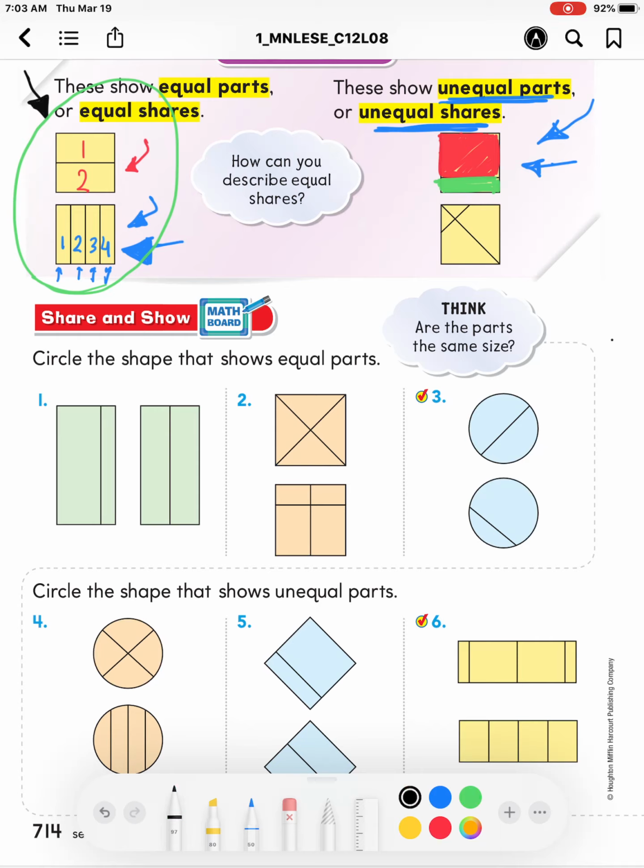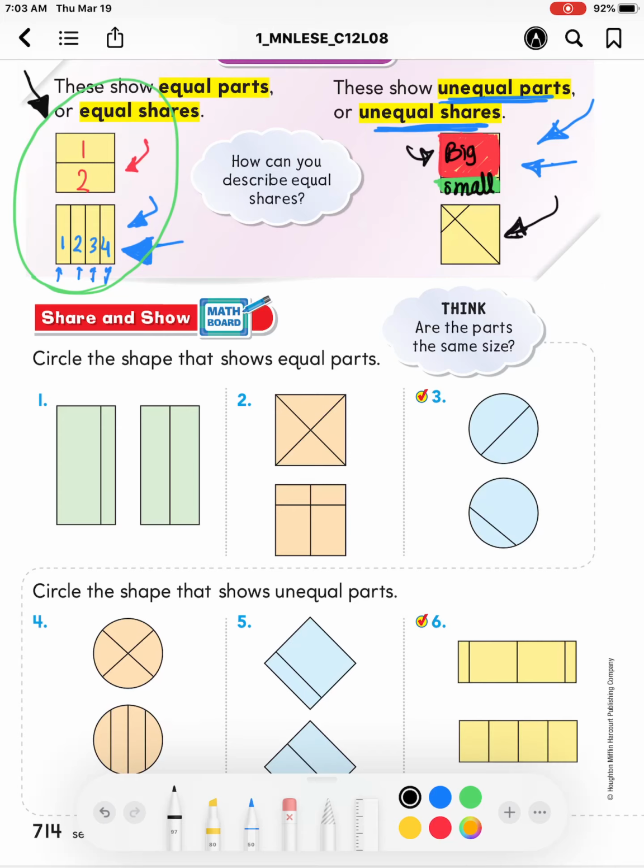We have this part, big part, and this is small part. So they are not equal. They are not of the same size. Now, let's move to the next